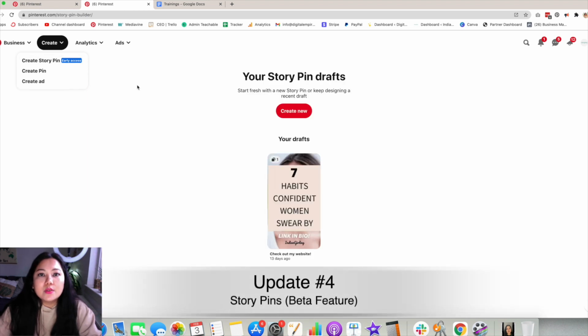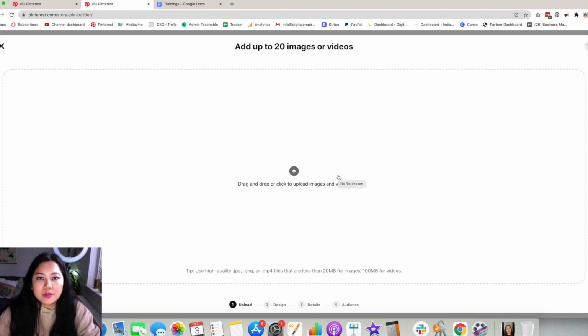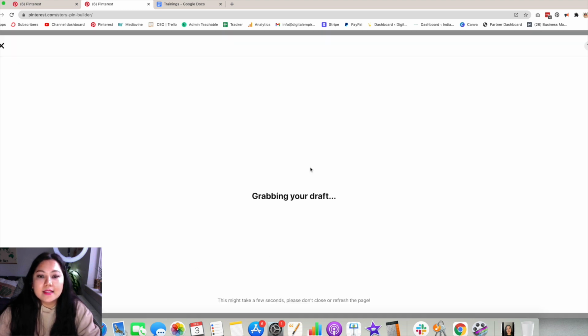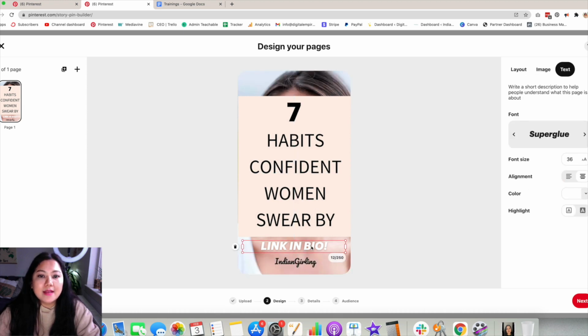So as you can see, you can now create a story pin on Pinterest as well. And how it works is pretty much the same as it would work on Facebook or on Instagram, which means that you can now create a story based on different images and videos. And not only this, you can also edit titles, etc. So I have a draft here, and as you can see, there are different ways that you can edit the story as well. So you can, for example, just upload a pin you created, and you can say link in bio or check out my profile.